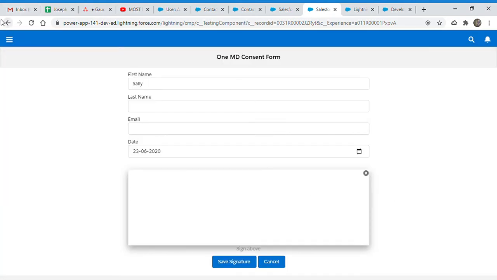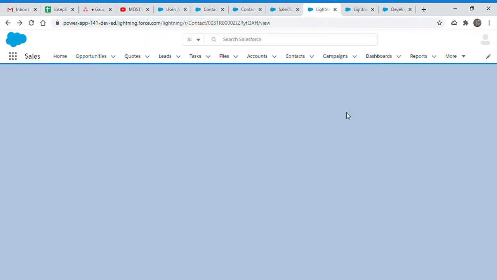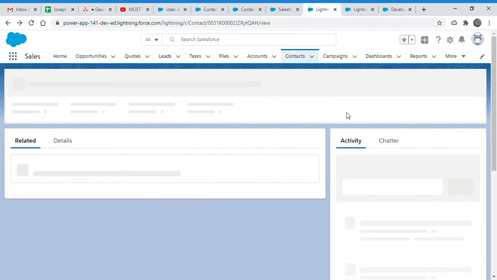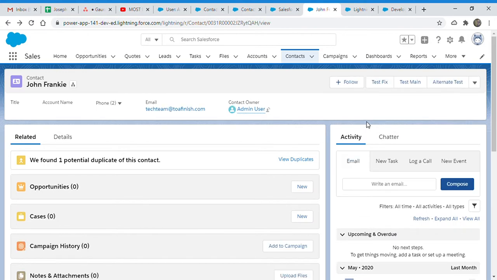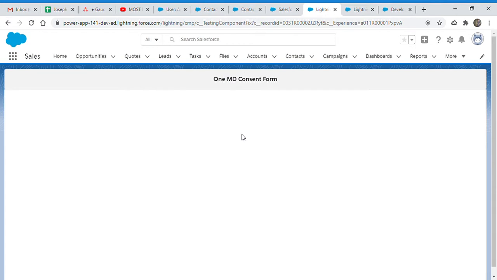I created a similar version but with a simple fix, and created another button called text fix. Text fix is similar to test main, but a small change fixes the layout.